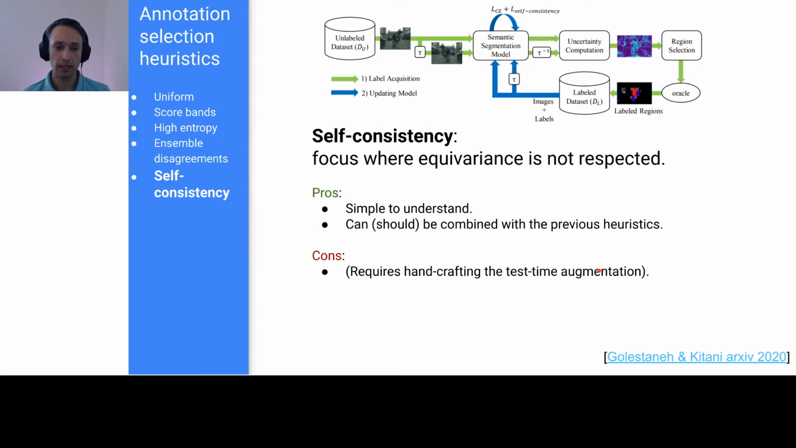The last idea I want to mention as an heuristic for annotation selection is a recent one that highlights the notion of self-consistency. One of the characteristics you want to have of the output of your model is some notion of equivariance. So if you translate your image, you would like the score maps to be translated. And in this paper, they propose to do so by doing some kind of affine transformation in the inputs,